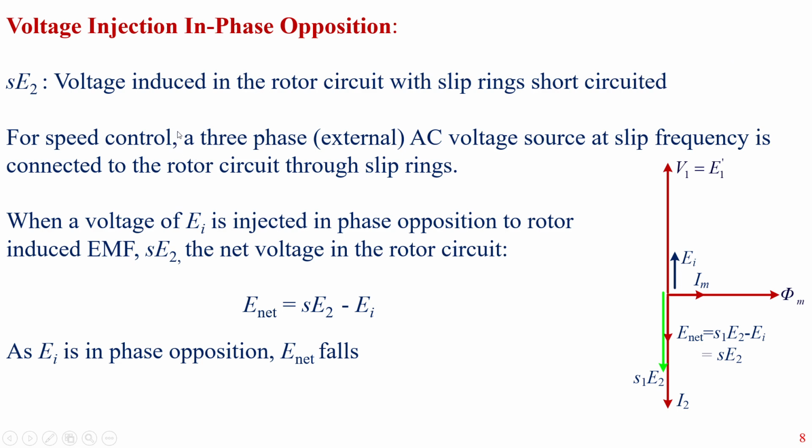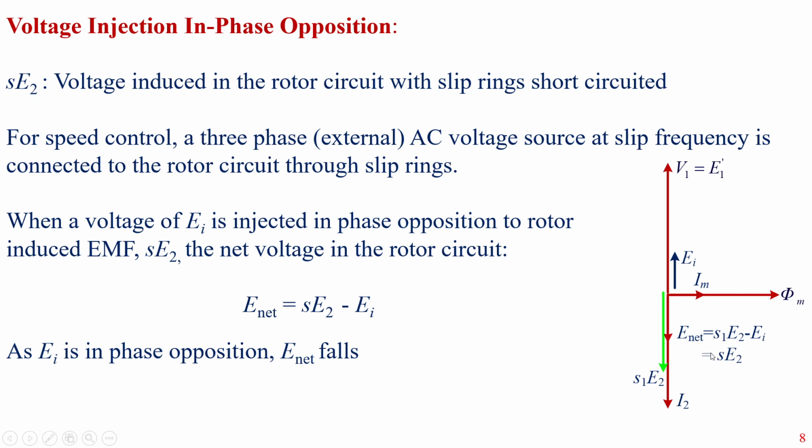For speed control of machine, a three-phase external AC voltage source at slip frequency is connected to the rotor circuit through slip rings. When a voltage of EI is injected in phase opposition, the net voltage in the rotor circuit can be given as SE2 minus